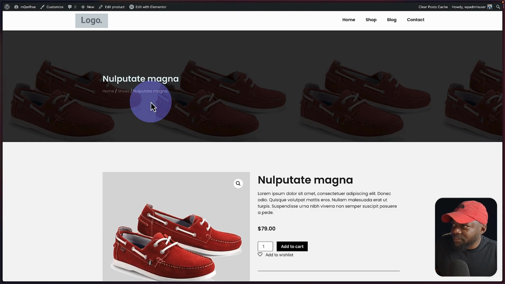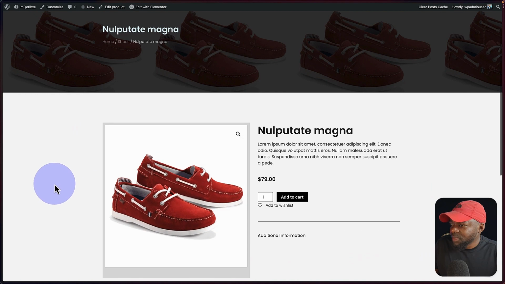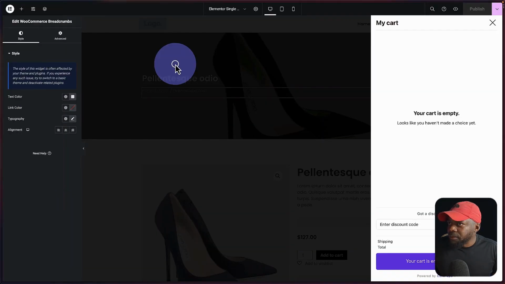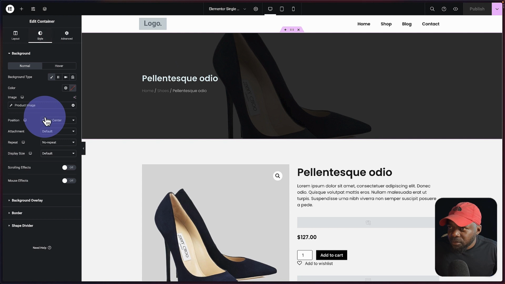Okay, so I think I forgot to remove the repeat here. So it's a very, very easy fix, but look at that. Now we have a brand new template. So let's fix that by going back. So in here, we're going to go to style and make sure this is set to no repeat. We're going to set this to,